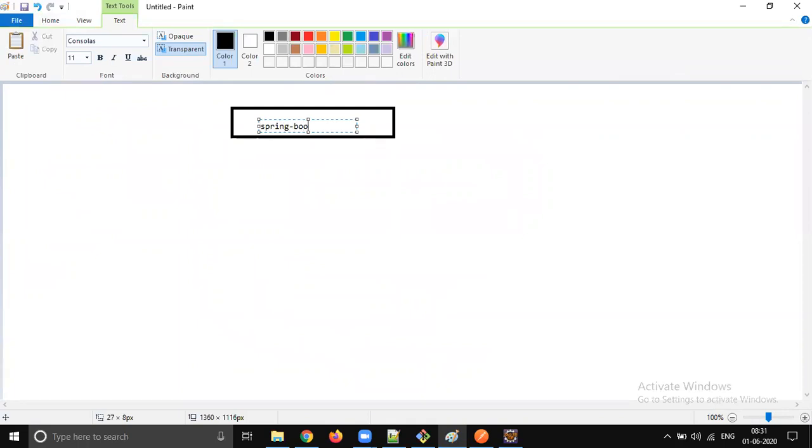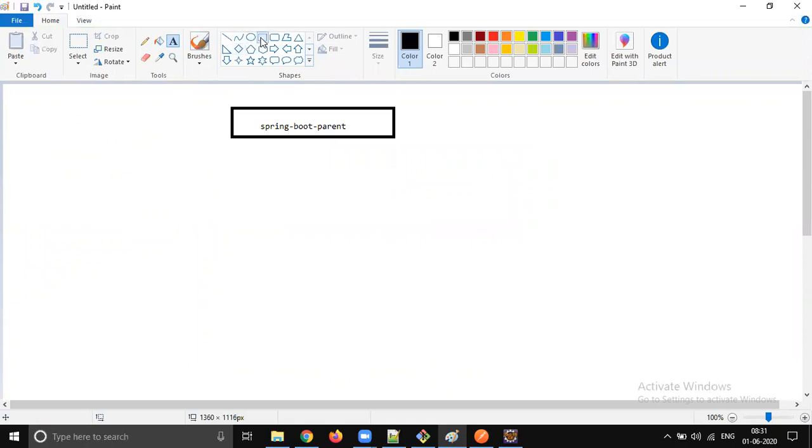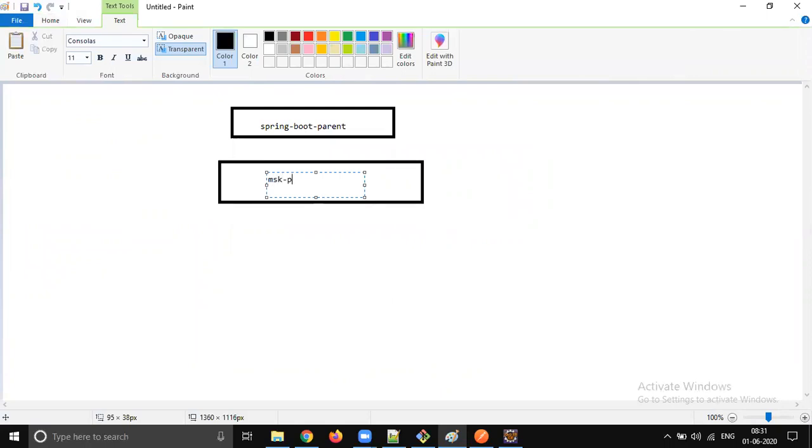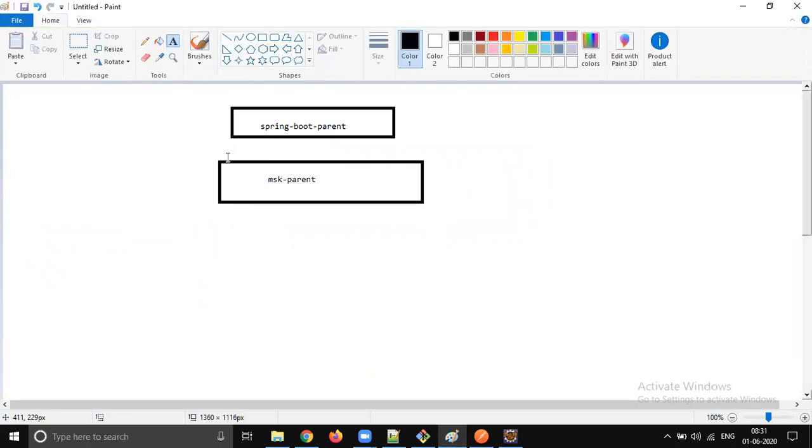The next child is the MSK parent, right? So the next version is MSK, which is a child of the Spring Boot parent.